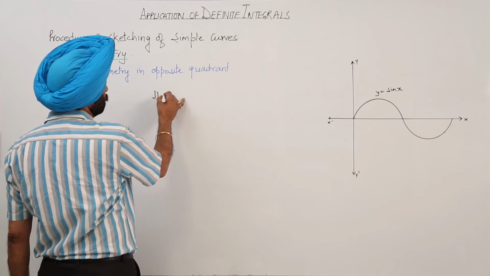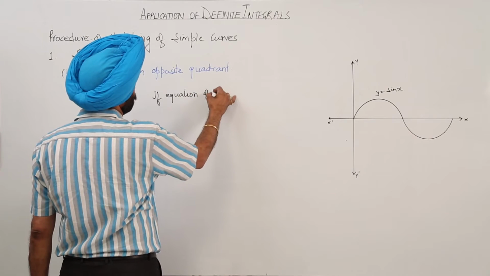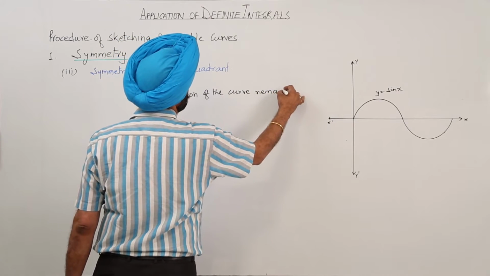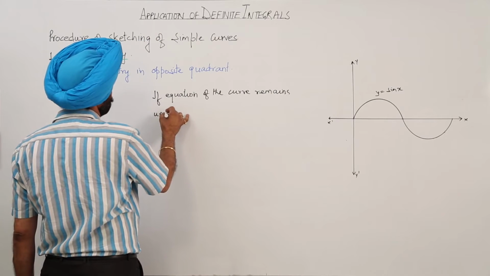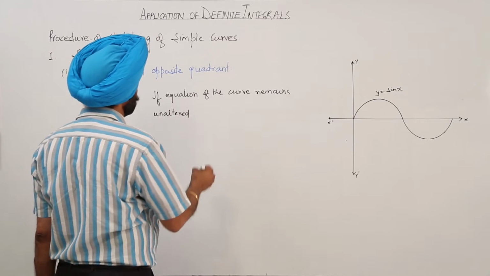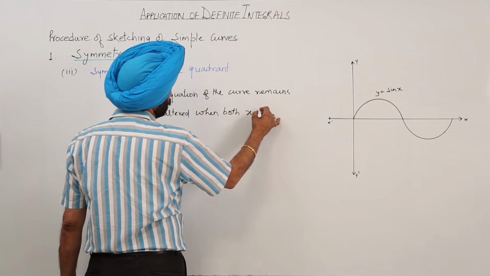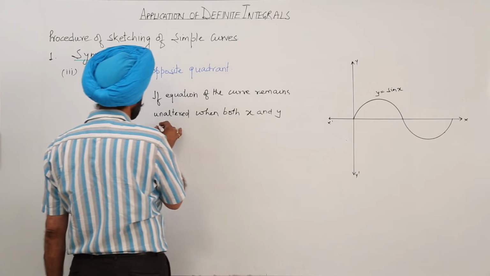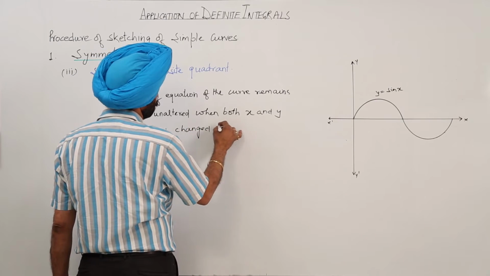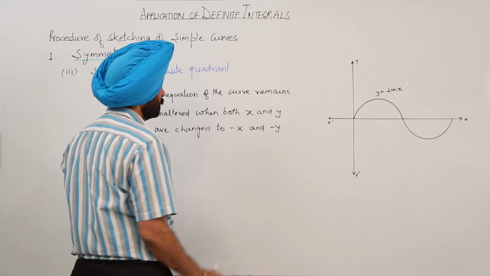If the equation of the curve remains unaltered when both x and y are changed to negative of x and negative of y respectively,